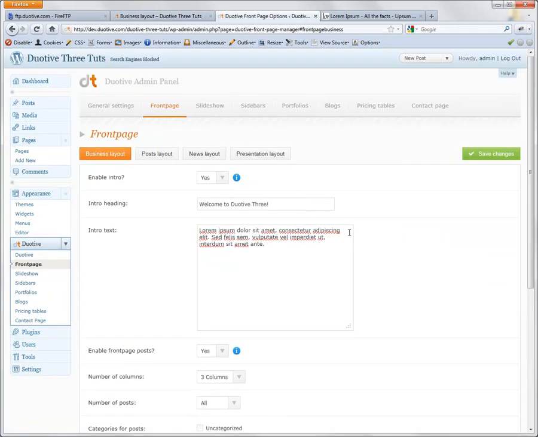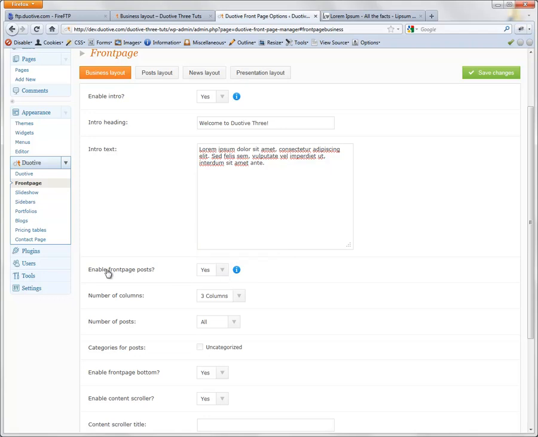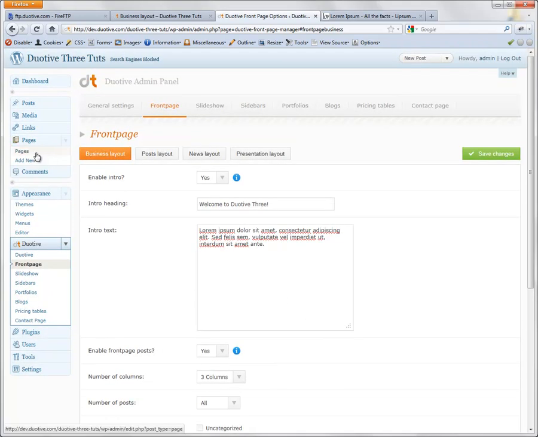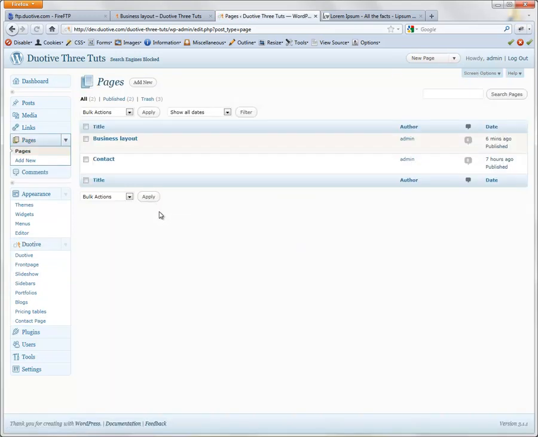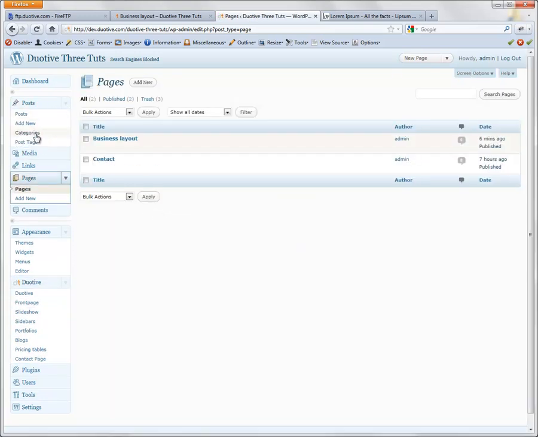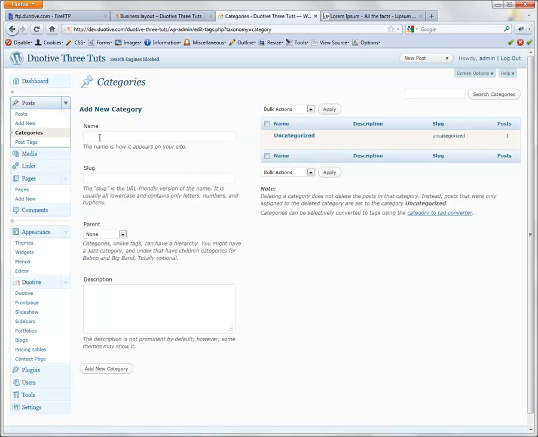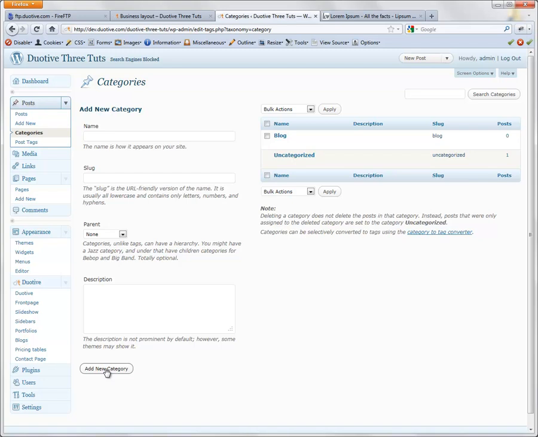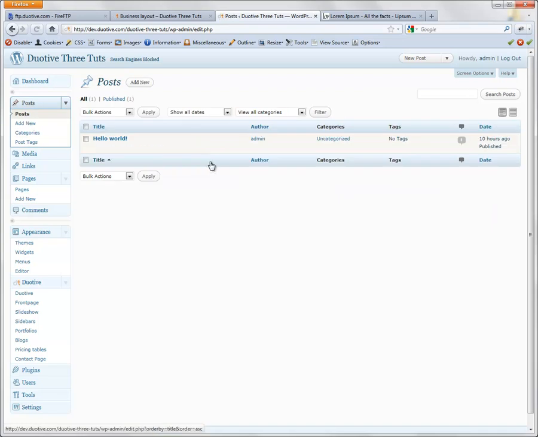Now the next thing we need to do is create some posts. We have here enable front page posts, so it's set to yes and it's set to 3 columns. So let's just create some posts, and we're going to create a category, and I'm just going to call it blog. Add new category, so here it is. And now we're just going to create some normal posts. We're going to click on add new,